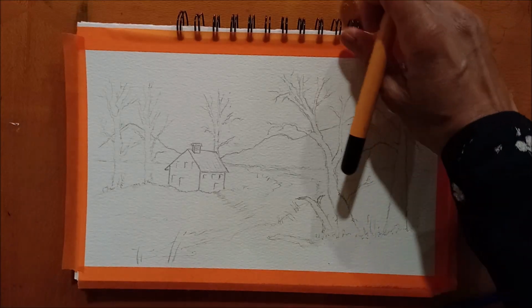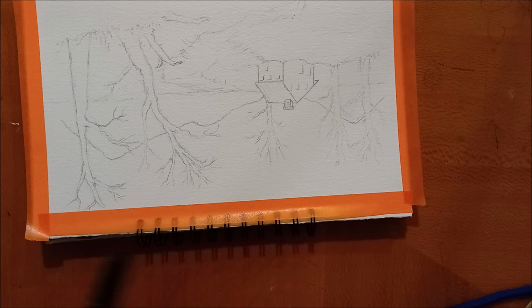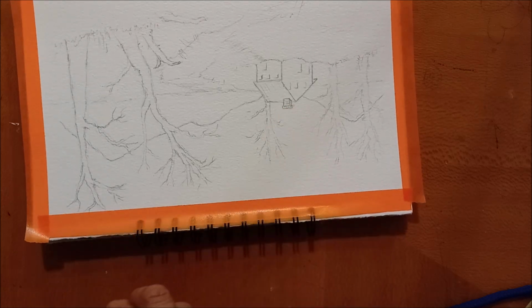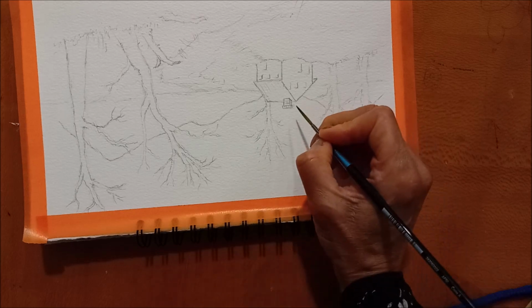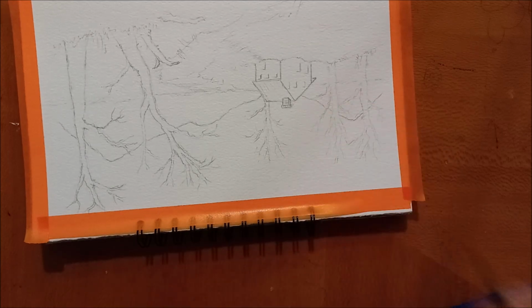So I'm going to start off by turning the paper over. I want to do this because you see this chimney. I want to make sure that the chimney stays as it is. I don't want to end up going over the chimney and having a few problems here. So what I'm going to do is, and I'm not going to be wetting it either,